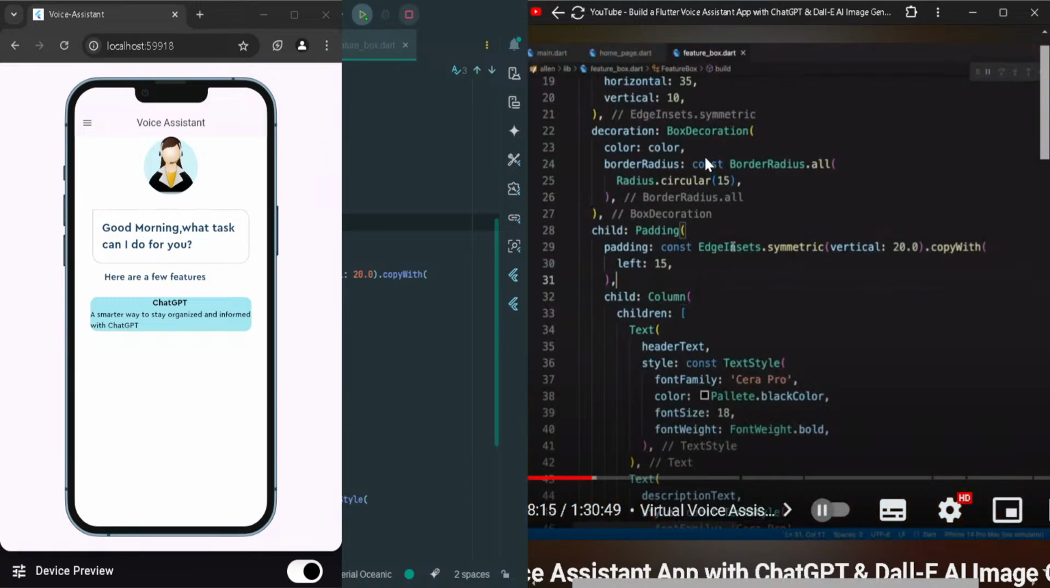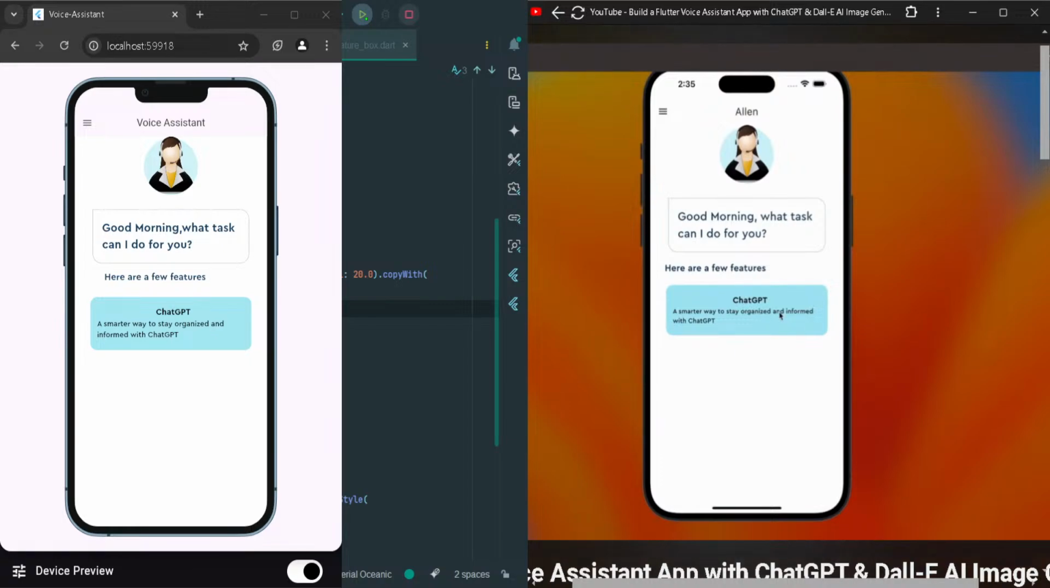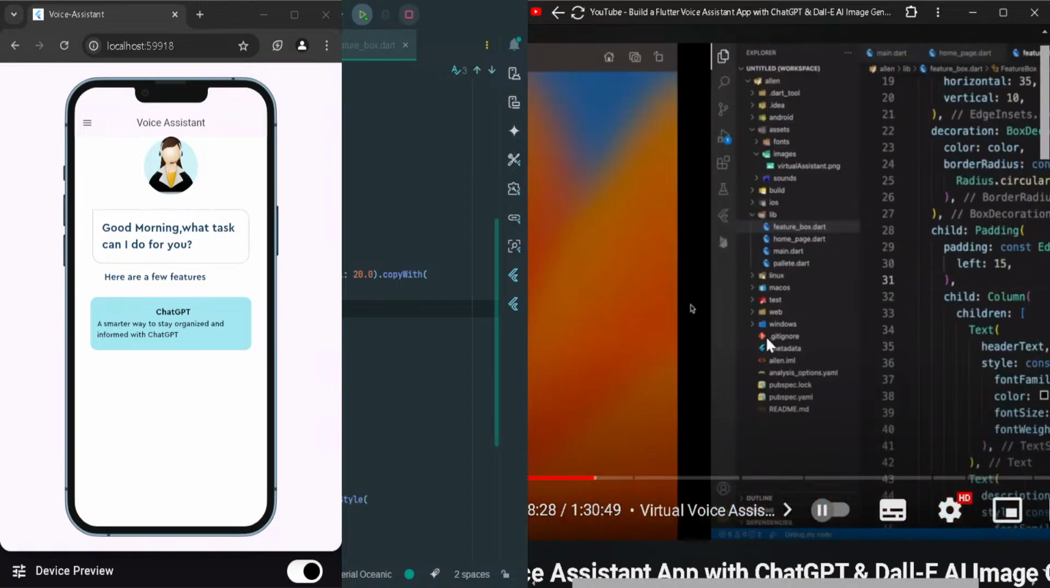Bottom 20, left 15. It's just another way of doing it. And we have a better looking box here. It doesn't look very messy. Next thing I want to do is take this ChatGPT text and push it to the